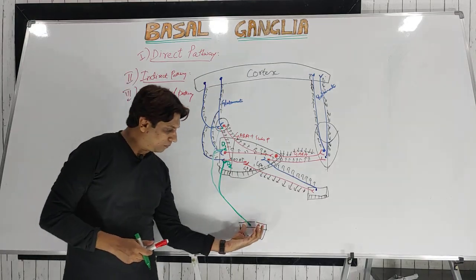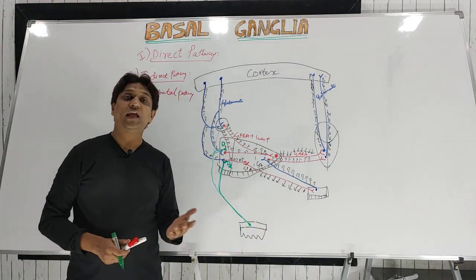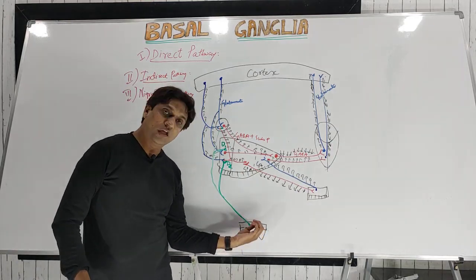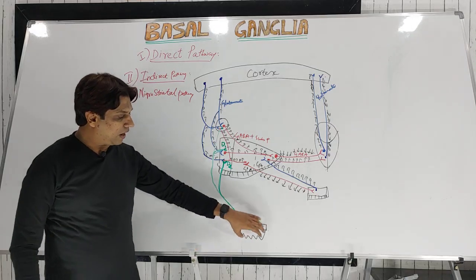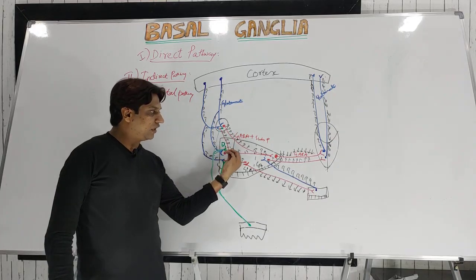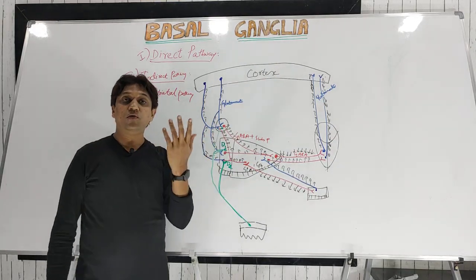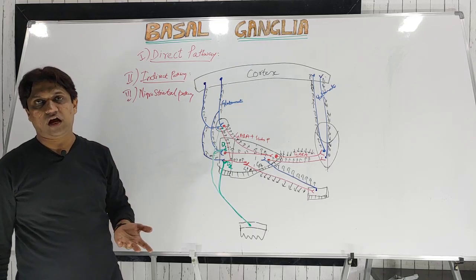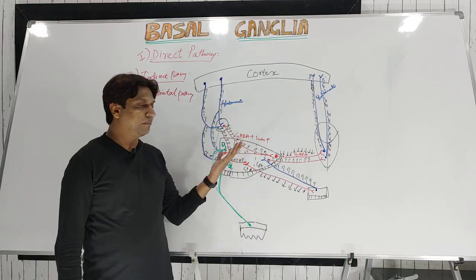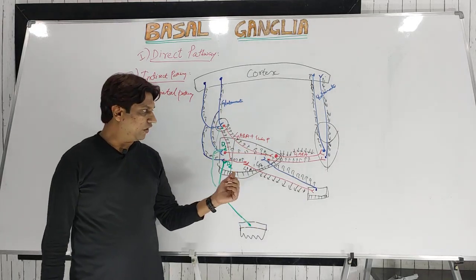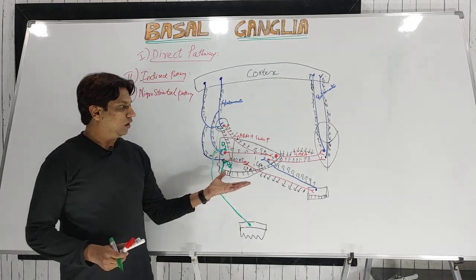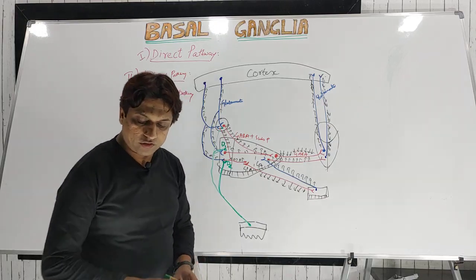We will discuss this in Parkinson's. What happens is that in the pars compacta of the substantia nigra, neurodegeneration takes place, and due to the neurodegeneration of the dopaminergic neurons of the pars compacta, this signal will be decreased. So it has a synergistic activity, and in the direct pathway it is reduced, which causes hypokinesia of the movements. It also helps in maintaining muscle tone, and we'll discuss that in the function. So this is about the connections of the basal ganglia. Hope it is clear, and as I already mentioned, we have given the PDF also.